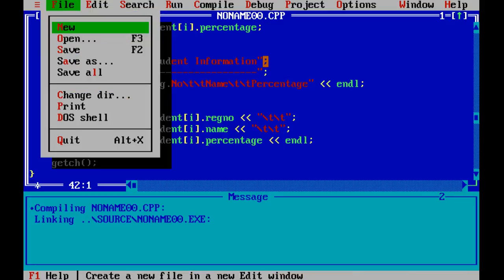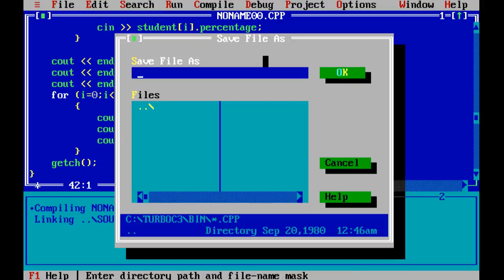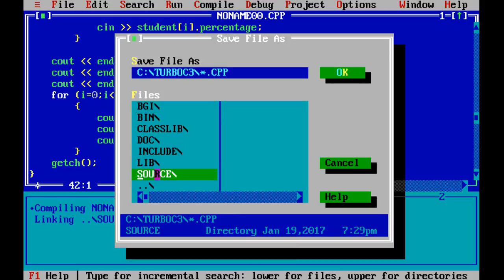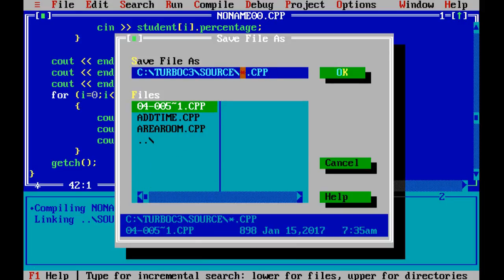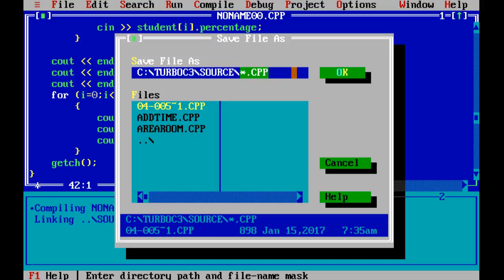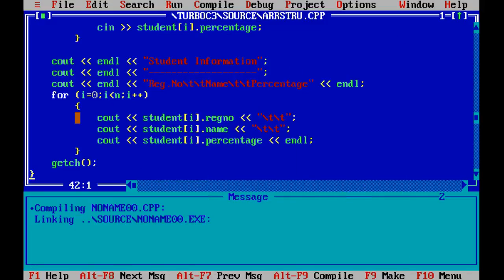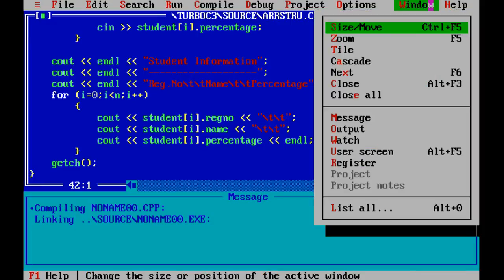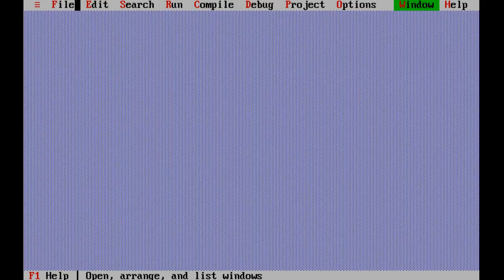Okay, so let's save this, and let's name it array of structures. Okay, right. Then let's close this and let's